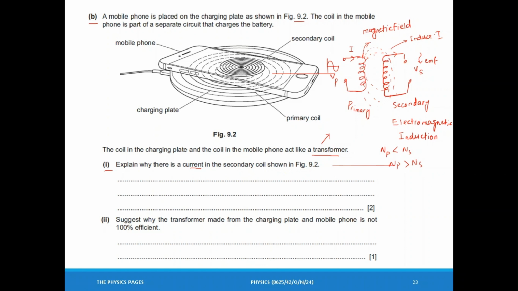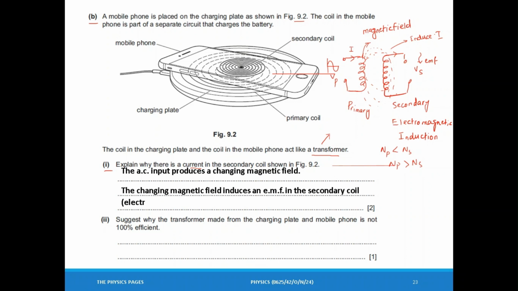So schematically, we will write it as: the AC input produces a changing magnetic field inside the primary coil, and this changing magnetic field induces EMF in the secondary coil, and this process is known as electromagnetic induction. Moving to part B,